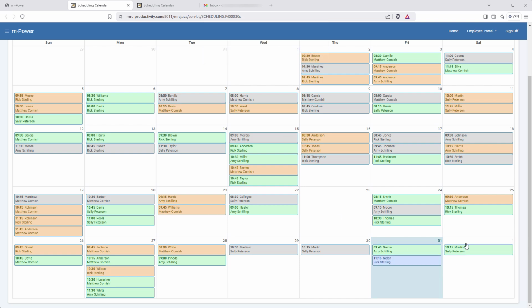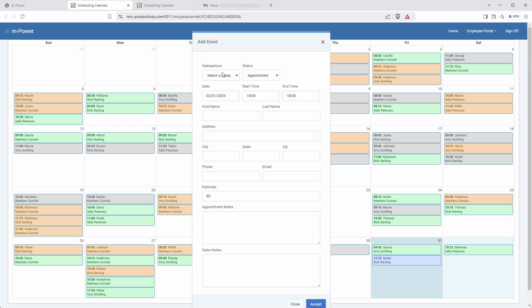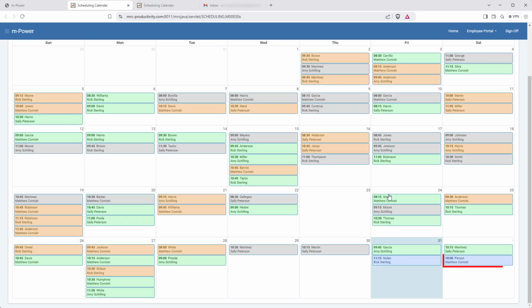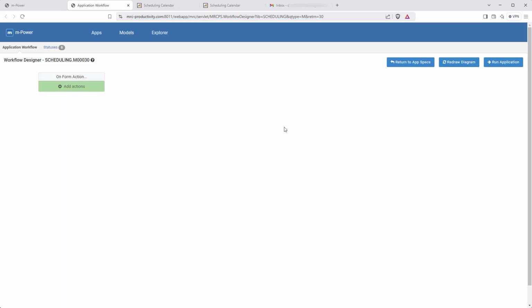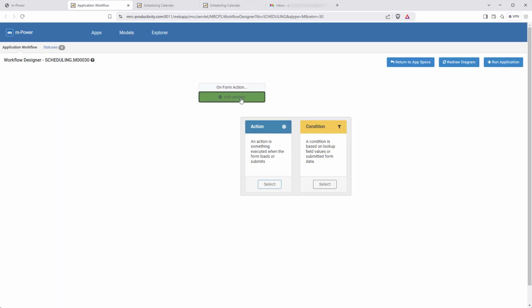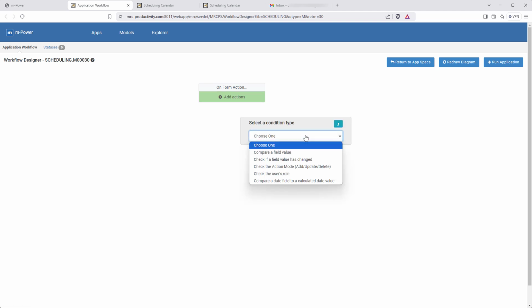Now, suppose I need to add a new appointment to the calendar. I'll just click on the date and this form pops up. Let me quickly fill this out real fast. I'll just add a few details in here and then click this button to add it to my calendar. Now you see that I have a new appointment in here. So this calendar is working great, but once it's in the calendar, how will the salesperson know that they have a new appointment? It's not very efficient to manually notify them. So let's add an automatic notification so the salesperson gets the details sent to them whenever they have a new appointment. To do that, let's open up Empower's Workflow Designer.